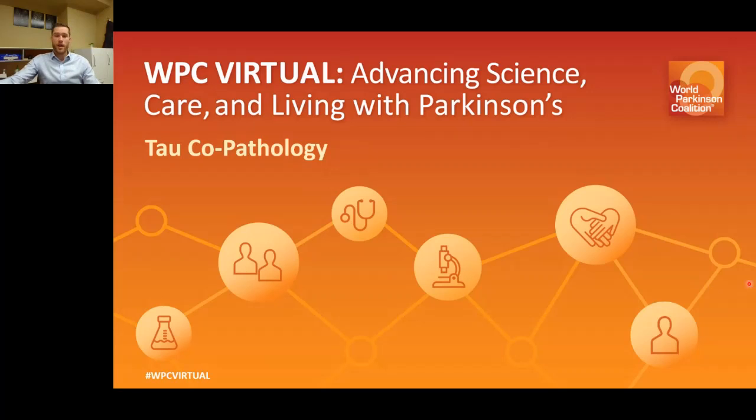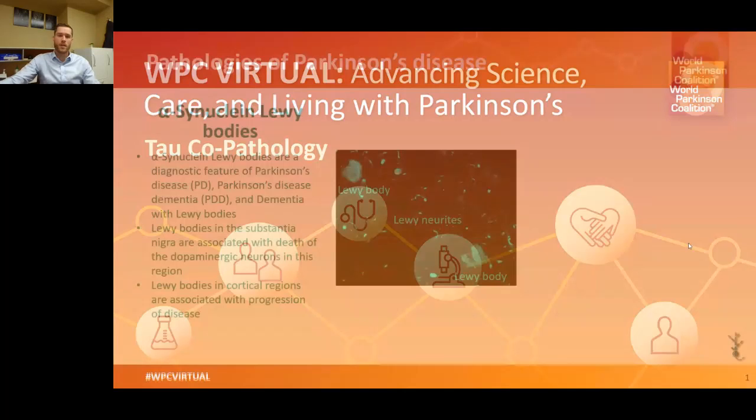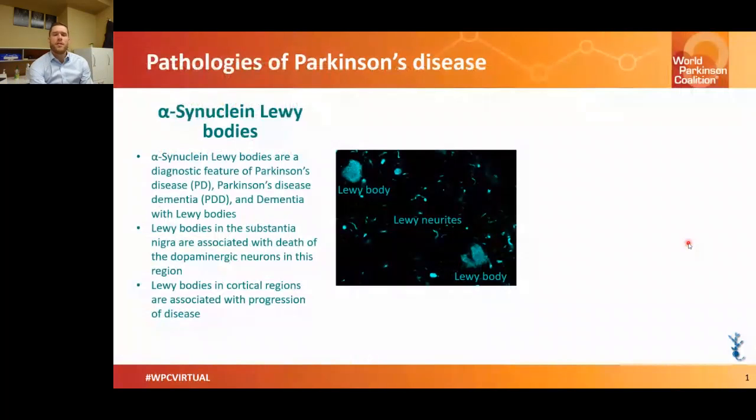Today, I'll be talking about tau co-pathology in Parkinson's disease. When we think about pathology in Parkinson's disease, we think about Lewy bodies and the misfolded protein that accumulates in these intraneuronal inclusions, alpha-synuclein. If we take a piece of human brain and stain it for misfolded alpha-synuclein, we can visualize this pathology. In this image, you can see two cortical Lewy bodies and many Lewy neurites labeled for misfolded